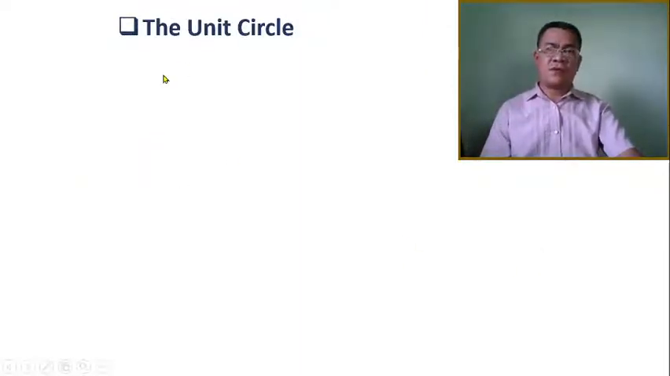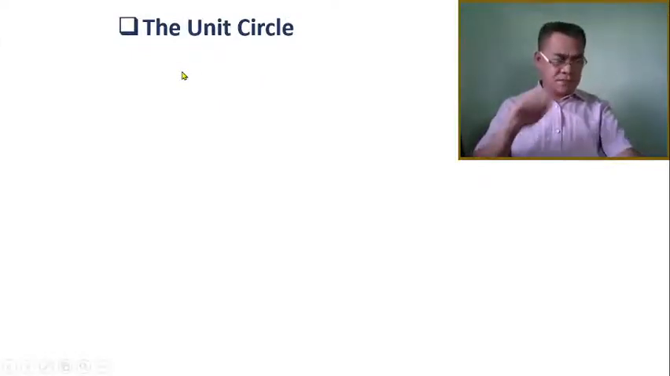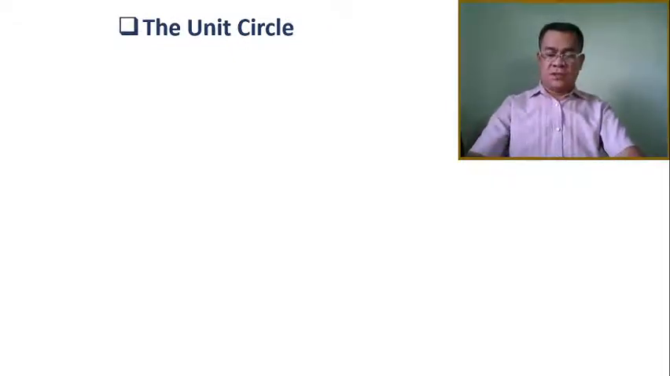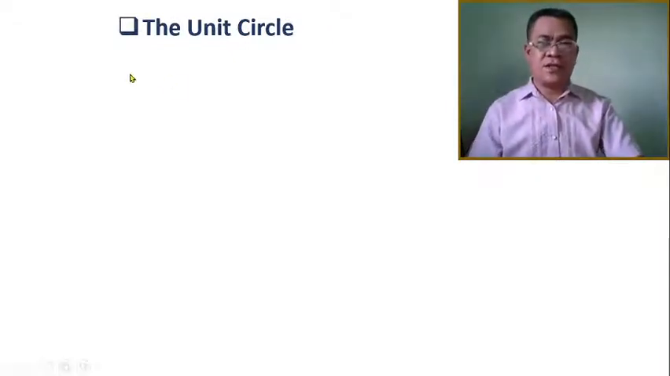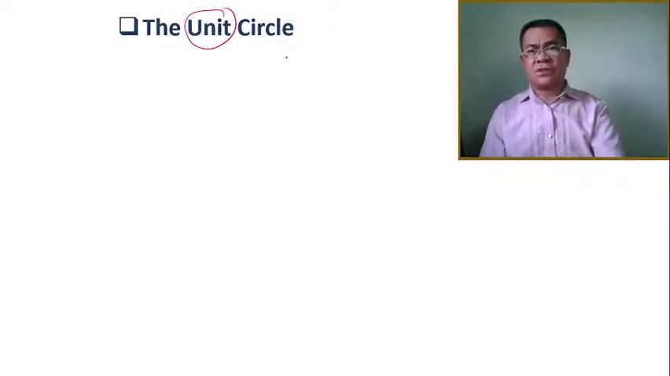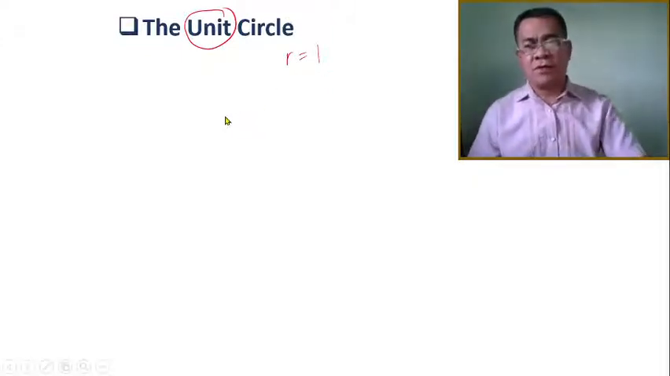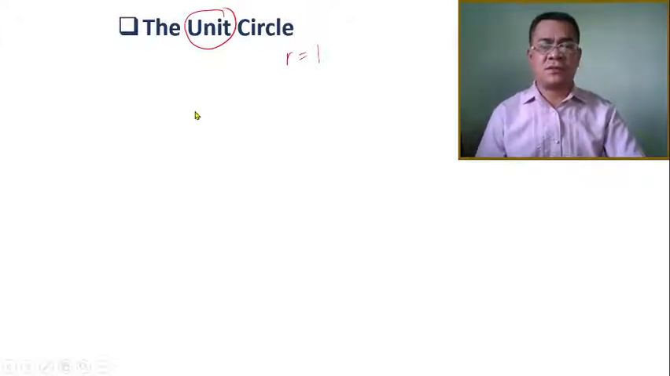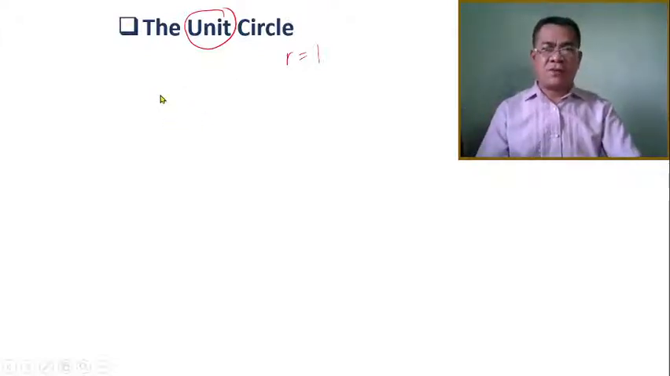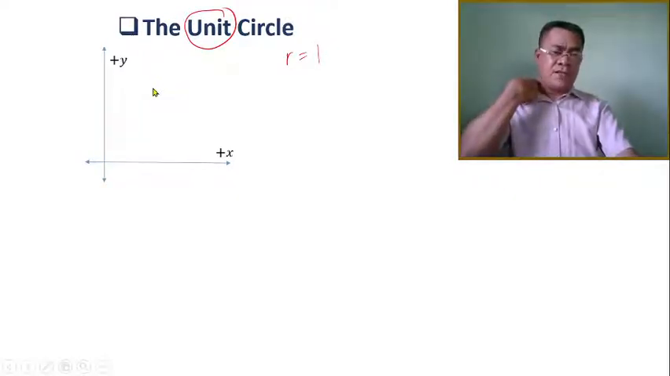Okay, so now in order to provide the exact values for the other angles, we need to study the unit circle principle. Okay, what is unit? From the word unit, it means the radius of the circle must be equal to 1. So any circle that has a radius of 1, we call that a unit circle. Then we can acquire the benefit of the unit circle in providing the exact value of